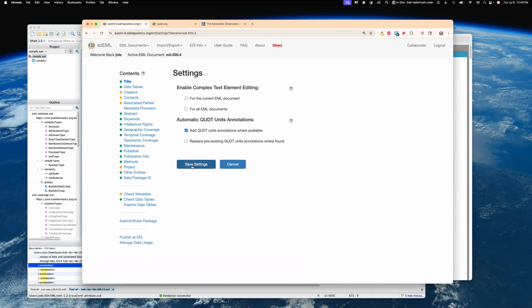You come back tomorrow or a year from now in your ezEML account, and the settings will be as you left them. As we'll see in a minute, ezEML will give you the opportunity to review the annotations that it has added and either accept or reject them. So no matter how you've set the settings, you will get the chance to review and override annotations if you so desire. But let's leave it with the default settings and